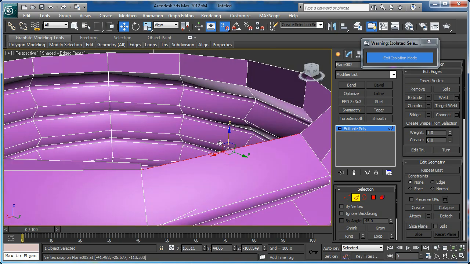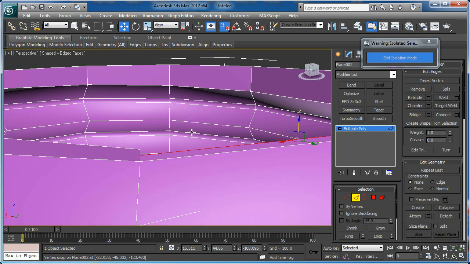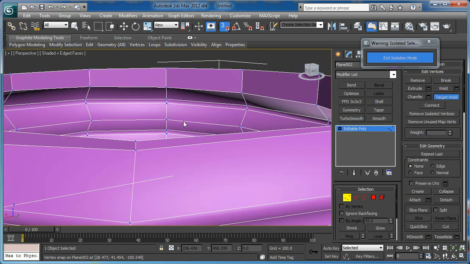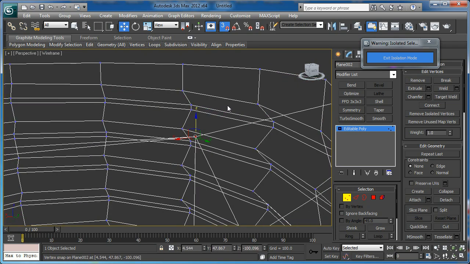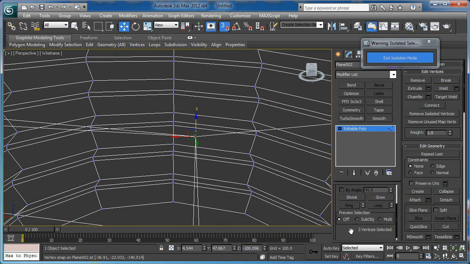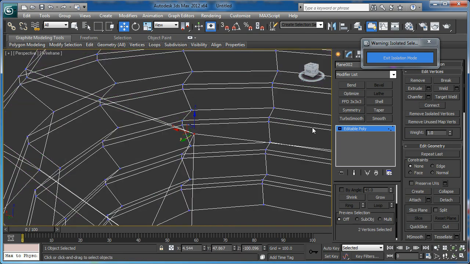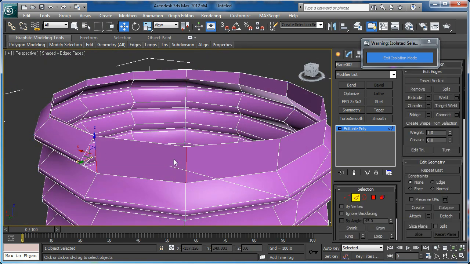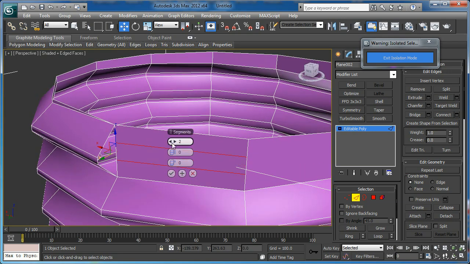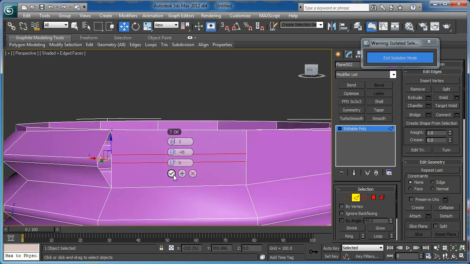So when we are almost ready, select the last edge here and move it up, but to the second vertex here, lower it to the bottom here and check if there are, as you can see, two vertices, so we have to weld them again, and to the selected edges connect two segments with pinch something like the chamfer here, and I think 45 is good. After that,